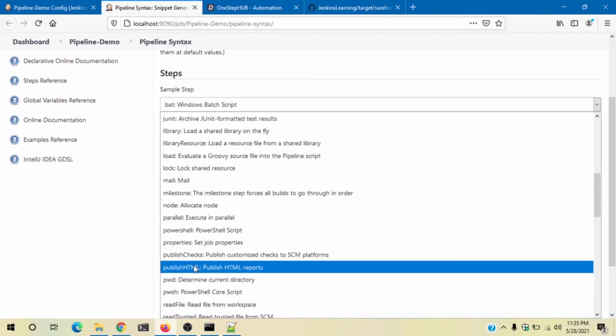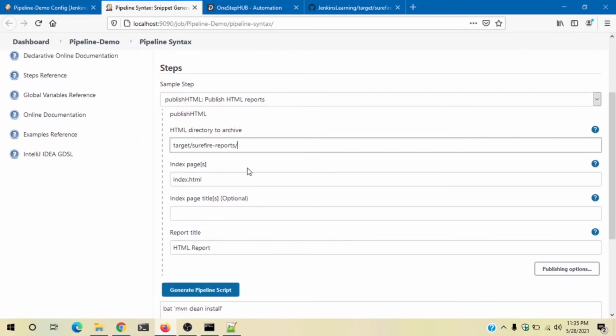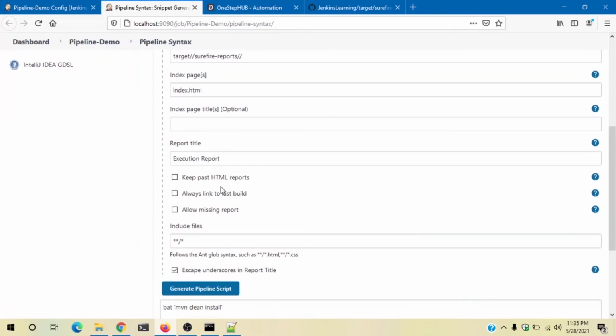So in pipeline syntax, from the drop down, I'll select publish HTML, and which directory I want to archive. I want to archive this surefire report directory, and the file which I'm looking to dump is index.html, and the report title is execution report.